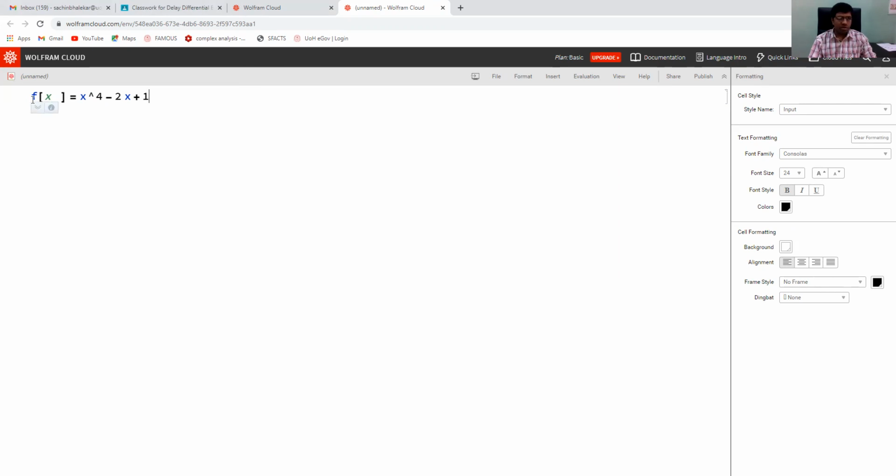So what is the syntax? The syntax is to write the name of the function first. Then followed by a square bracket.